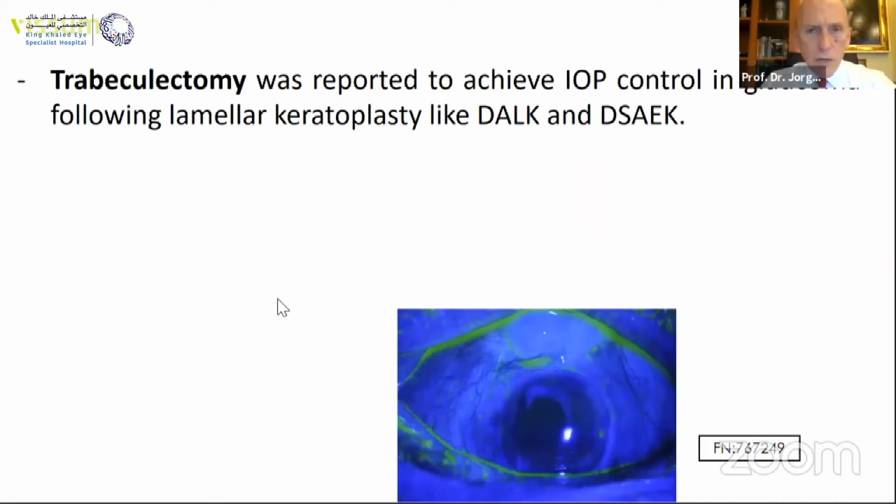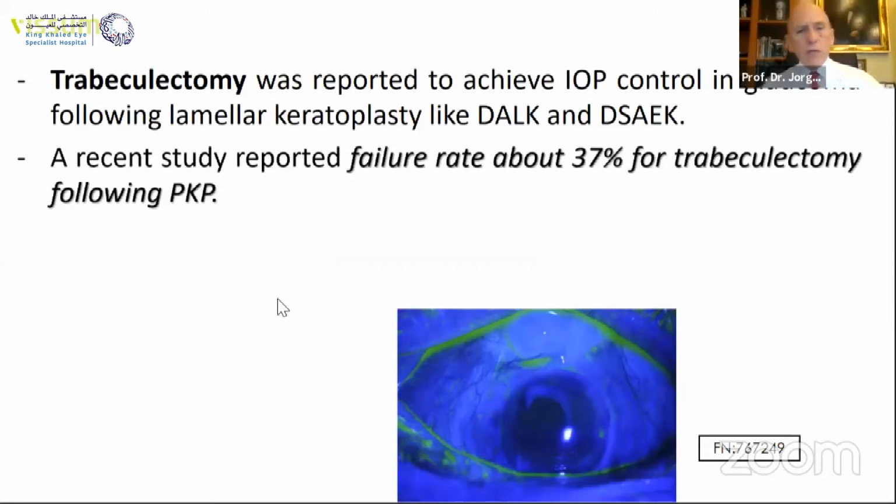Mitomycin C is toxic for the cornea and is toxic for the wound healing of the cornea, and this is why I don't use it. Even in perfectly performed cases, the rate of failure for trabeculectomy following PKP is 37%. So you have a relatively poor prognosis of the trabeculectomy in PKP cases for reasons related to the natural condition